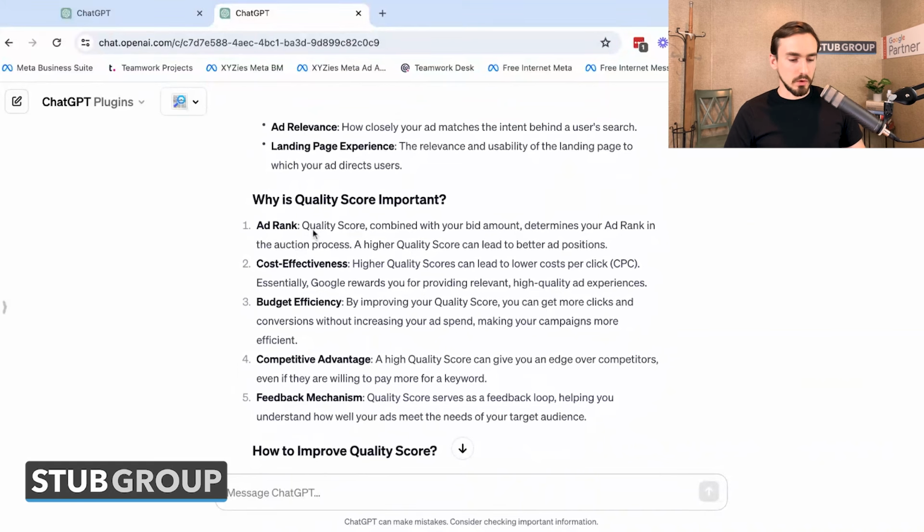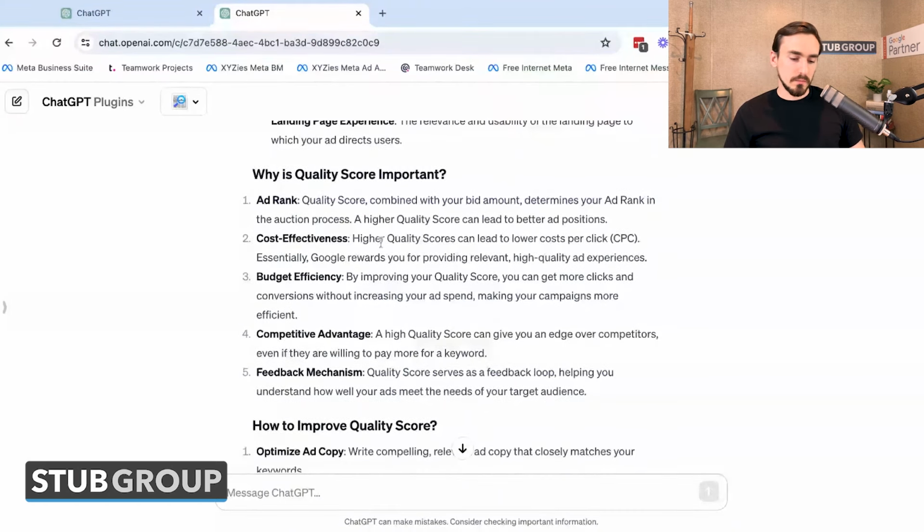Why is it important? Ad rank. Quality score combined with your bid amount determines your ad rank in the auction process. A higher quality score can lead to better ad positions. Again, not really. It's a metric of how you're doing, not a prescriptive measure that impacts your ad rank per se. Cost effectiveness. Yes, generally higher quality scores are going to be indicative that you can get lower cost per clicks